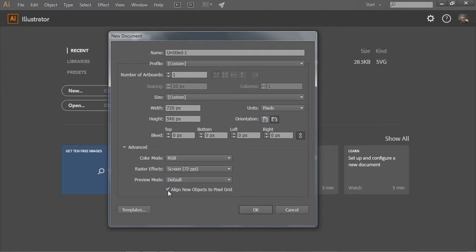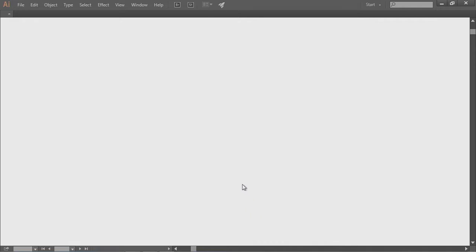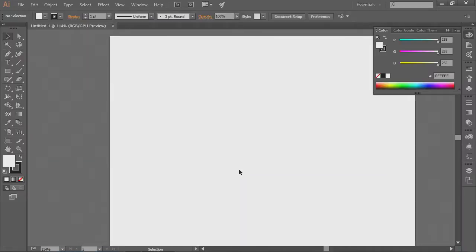They also have this turned on by default, align new objects to pixel grid. I generally turn that off for what I'm doing here. You can leave it on if you'd like, but I generally turn it off. All right, I'm going to tell this okay, and it creates a new blank document, and I'm ready to start